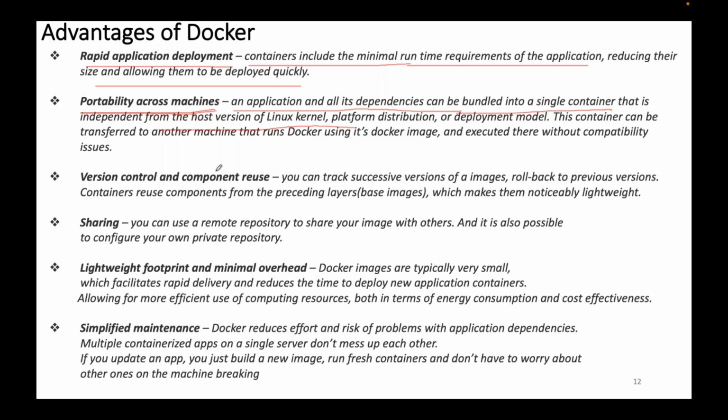And also version control and component reuse, which means in my registries, in my repositories, can I maintain multiple versions of that image whenever there is a change in the code?